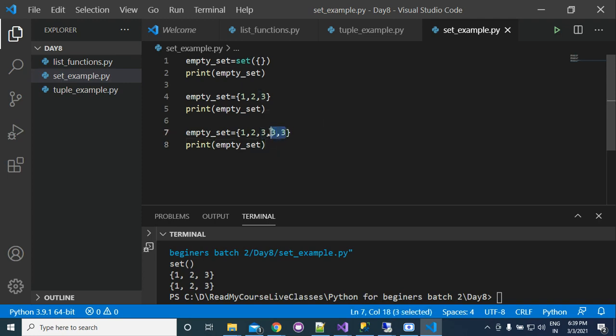Even if it is present two times or more than one time, it will be counted for one time only. Here you can see that it is returning 1, 2, 3. Is this clear, everyone? Yes, sir. Okay, clear.